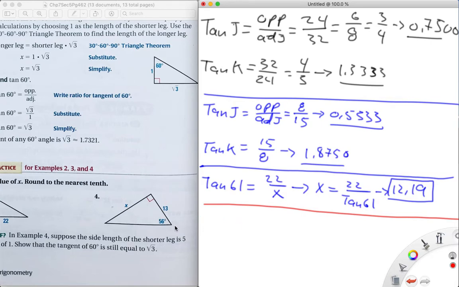Same thing here to find x. We do tangent of 56, which is x over 13. So multiply both sides by 13. So tangent of 56 times 13, and that should equal your x. So x equals